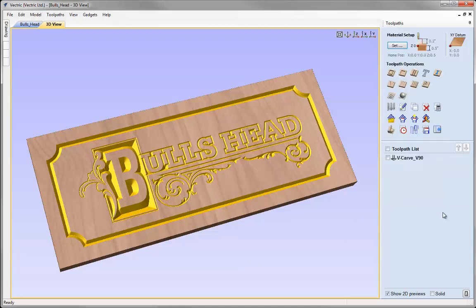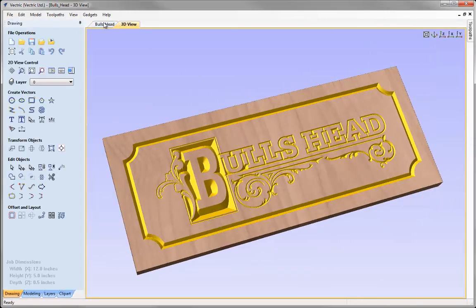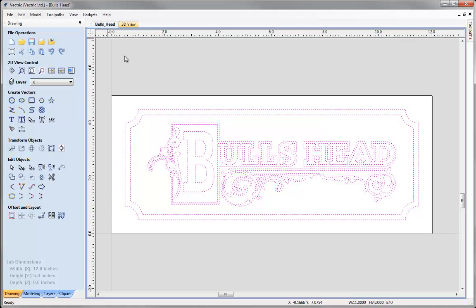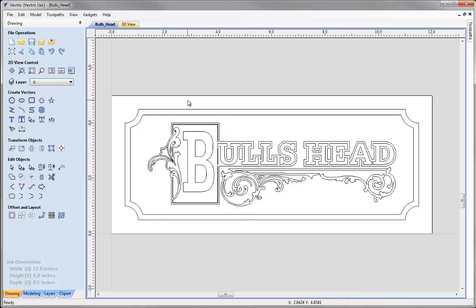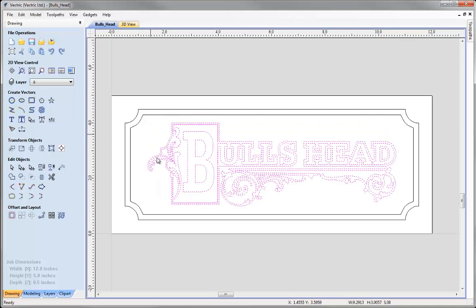We can close the Preview Toolpaths form, click on here to go back to the Drawing tab, click there on the bull's head to go into the 2D view. I'm just going to click in the background to deselect, and now I want to select all this middle graphic here. So I can either click and drag a box that completely encloses it, or if I start down to the bottom right here, but inside these border vectors, I can click and drag up to the left and just make sure that I at least partially touch everything in the middle there so that these vectors become